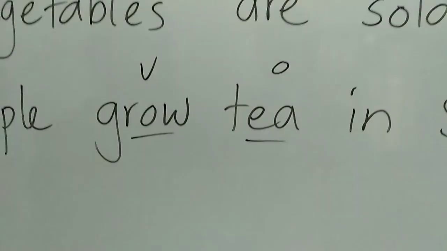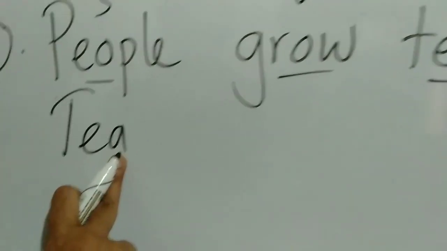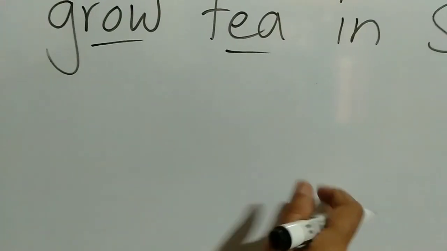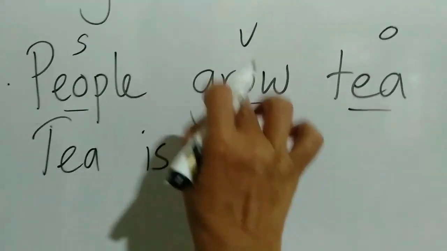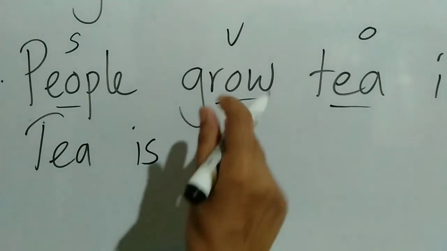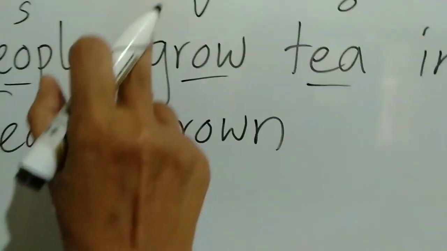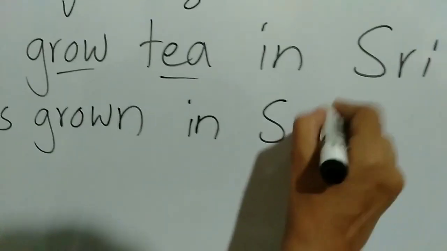As we have done earlier, tea is a singular noun. The am, is, are plus past participle formula you want to apply here. Grow, grew, the participle form of grow is grown. Grow, grew, grown. In Sri Lanka